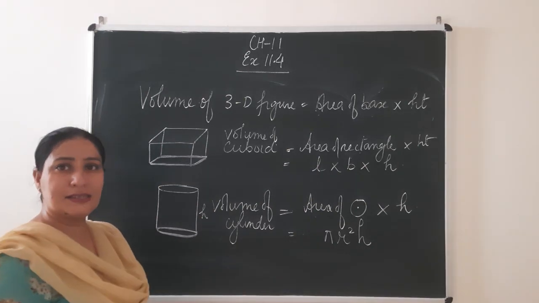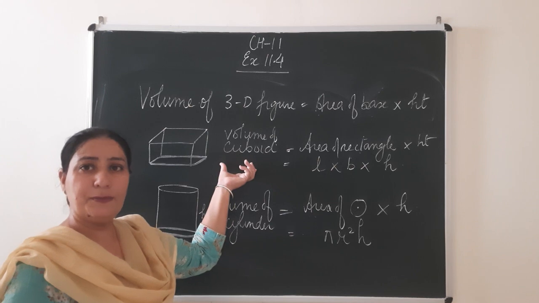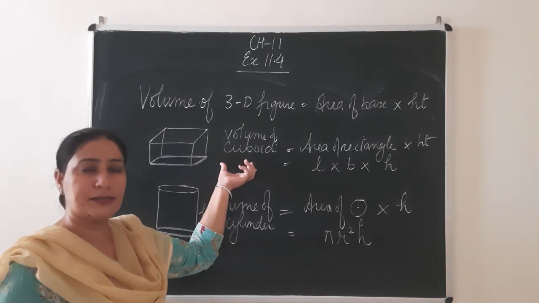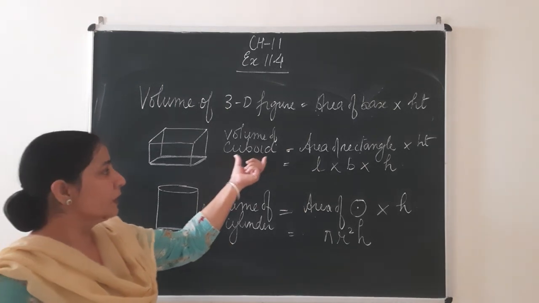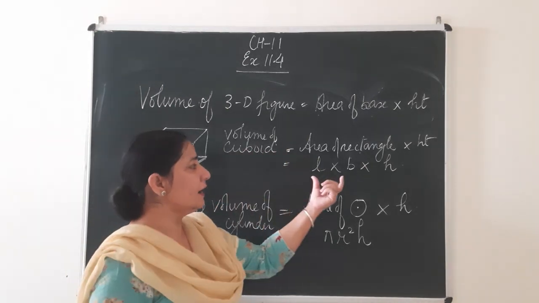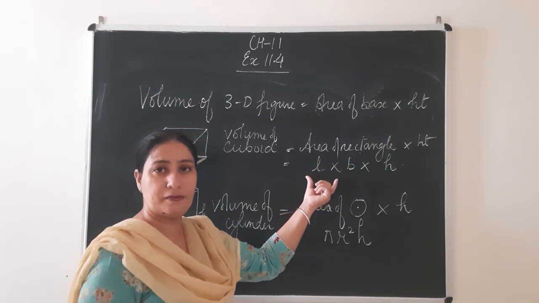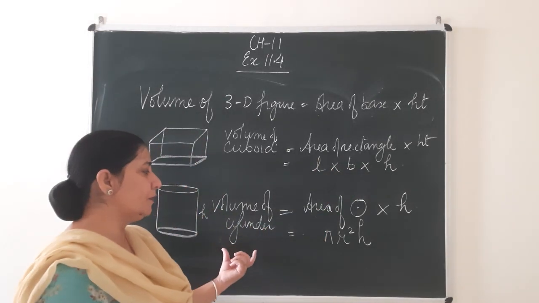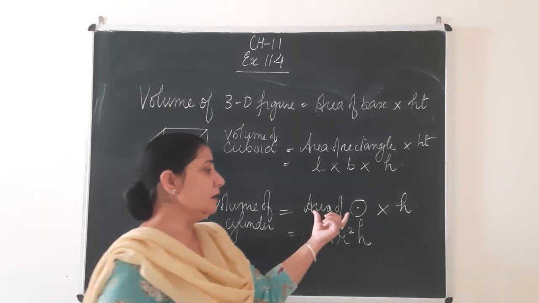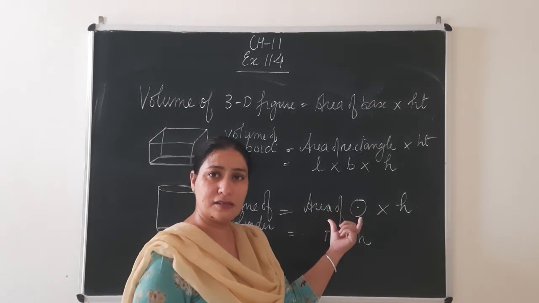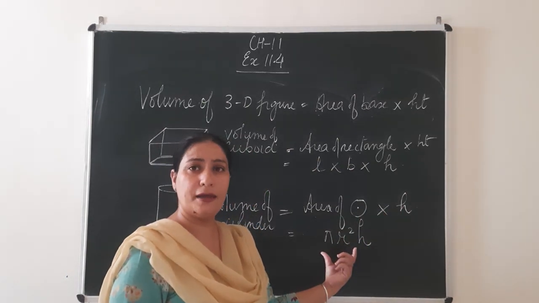So beta, in this exercise, we will be discussing two formulas. With the help of these two formulas, we will solve the exercise. In the first, we will be talking about the volume of a cuboid. If the area of base and height are given to you, you are just going to multiply them. If the length, breadth and height are given, we will be putting in the values. Similarly, when we talk about a cylinder, the volume of the cylinder will be the area of the base of the cylinder, that is a circle, multiplied by height. So the formula comes out to be pi r square h.